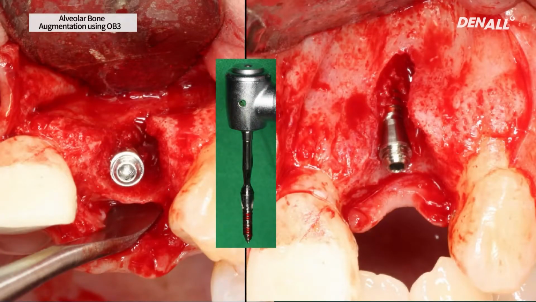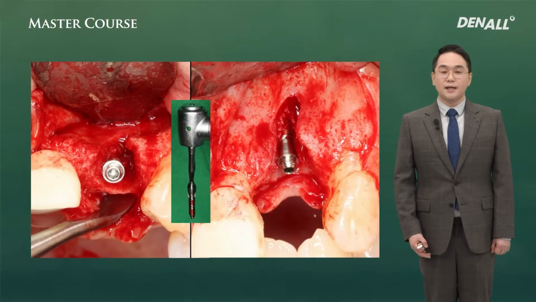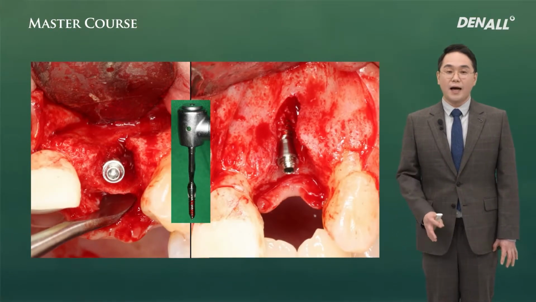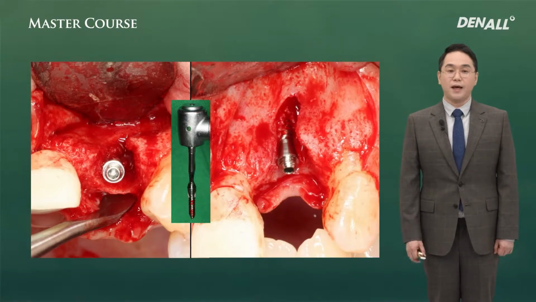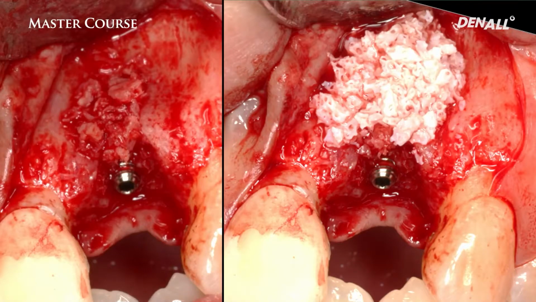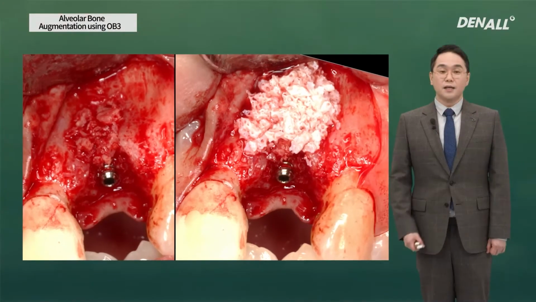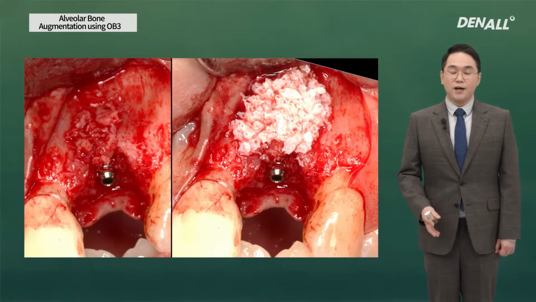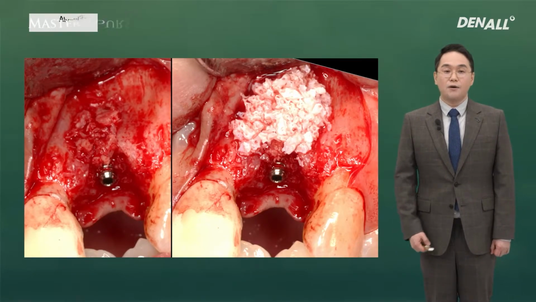A tenting screw is placed. After that, around the tenting screw, bone graft is done. For bone graft, the ideal bone housing should be made for later placement of implant. So bone graft materials are positioned even outside the extraction window. Sandwich technique is used. Allograft in the extraction window and low temperature sintered xenograft like AOS outside is put in for overall augmentation to maintain the space and to form ideal alveolar bone housing around the implant,